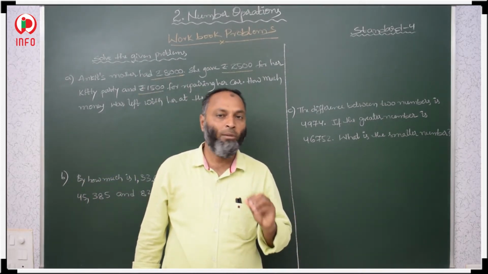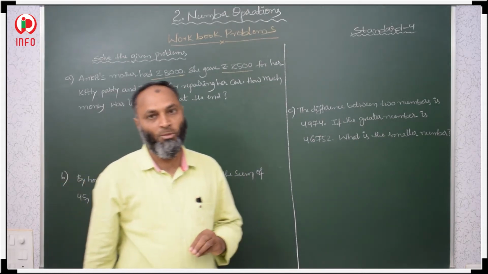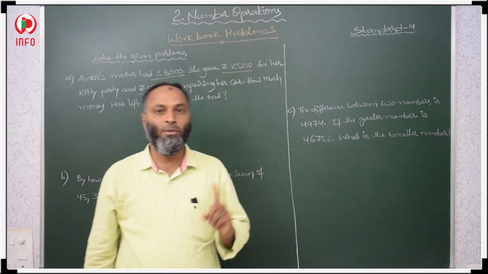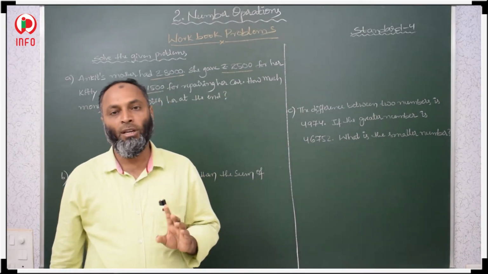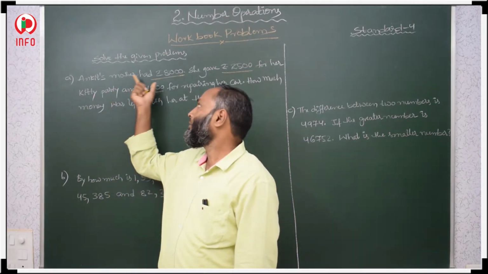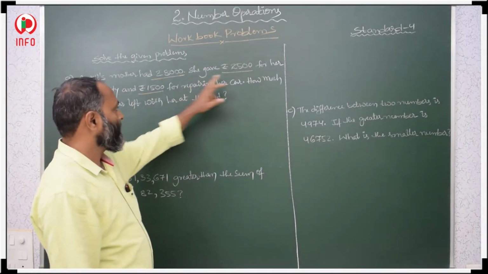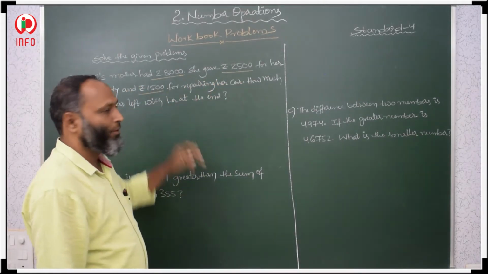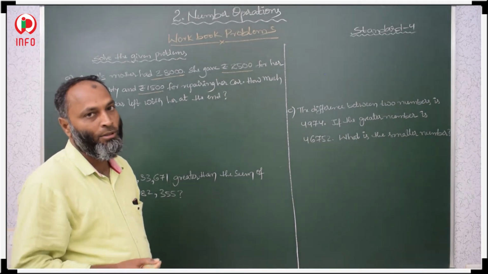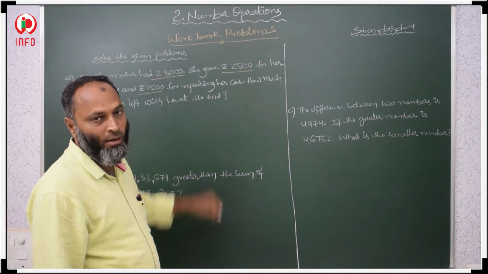First we have to add both. After the sum, whatever expenses we get, that expenses we have to subtract from the total amount she is having, from 8,000. First we have to add 2,500 and 1,500. So after adding both, we have to subtract that expenses from the total amount.